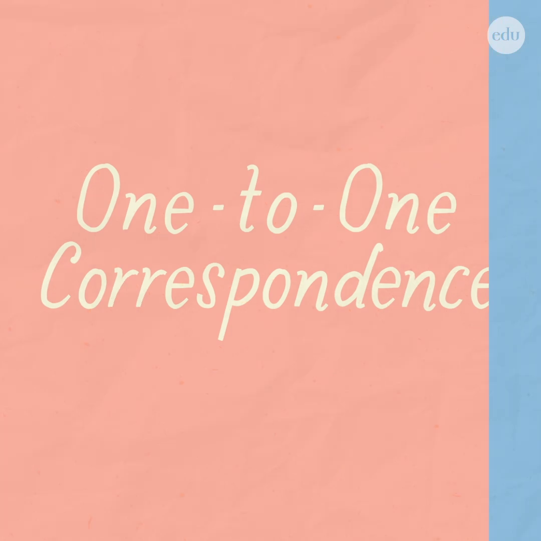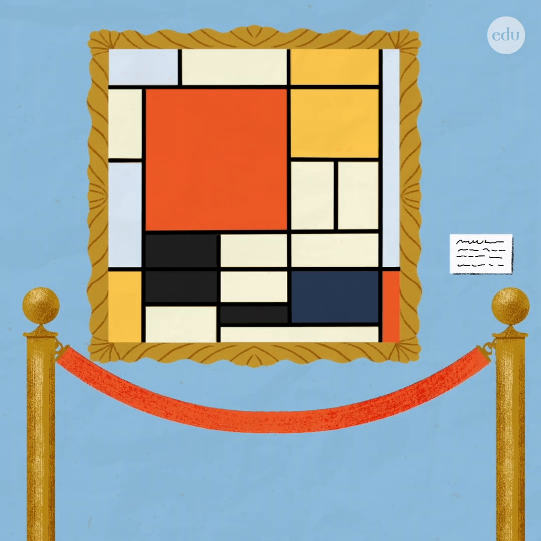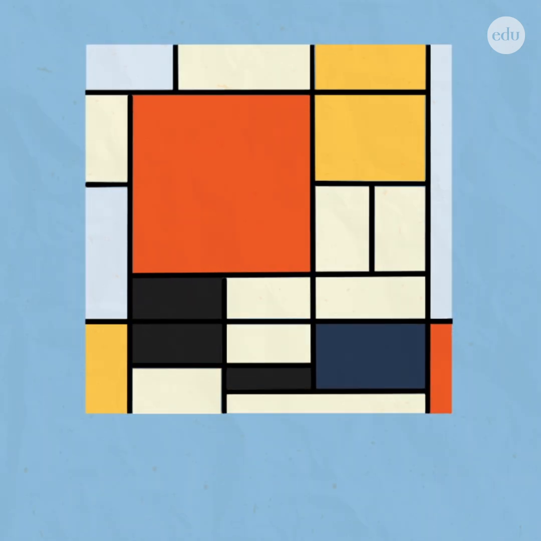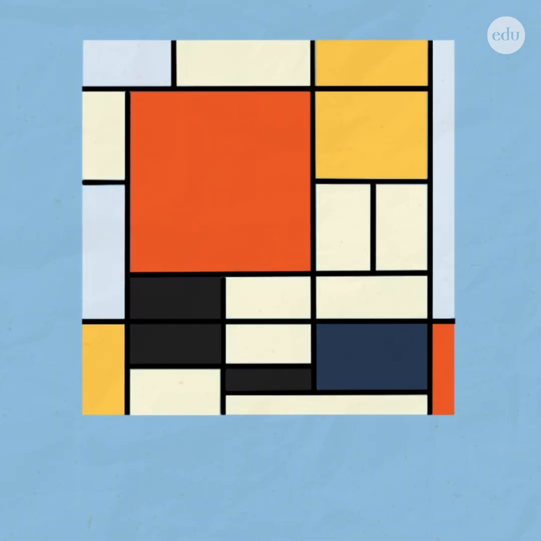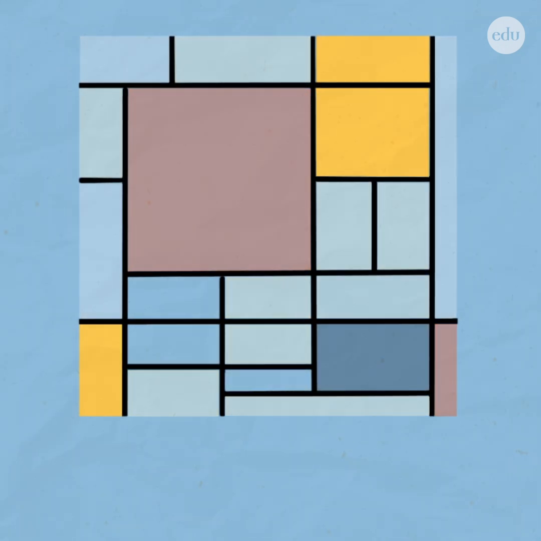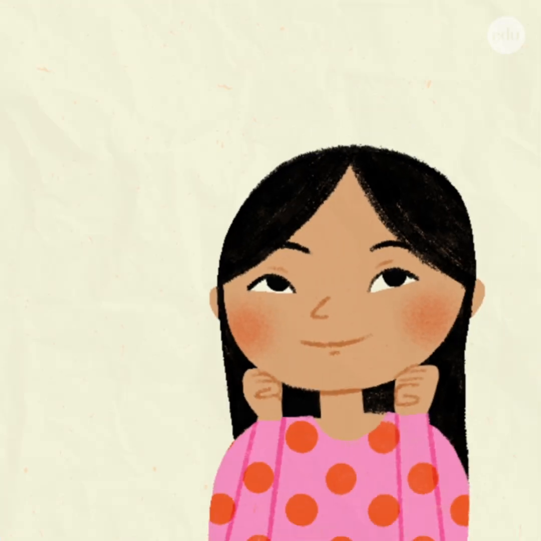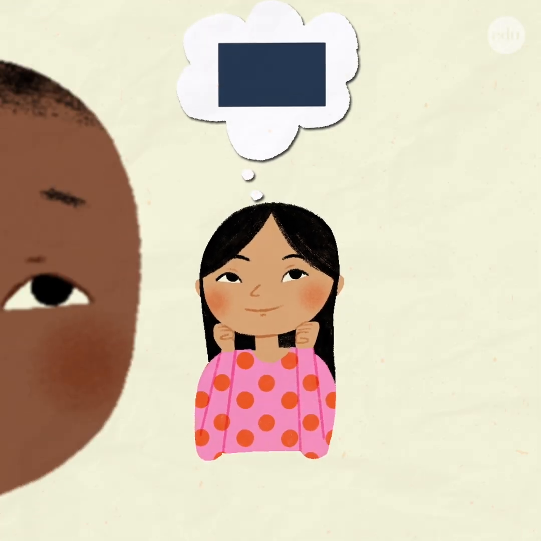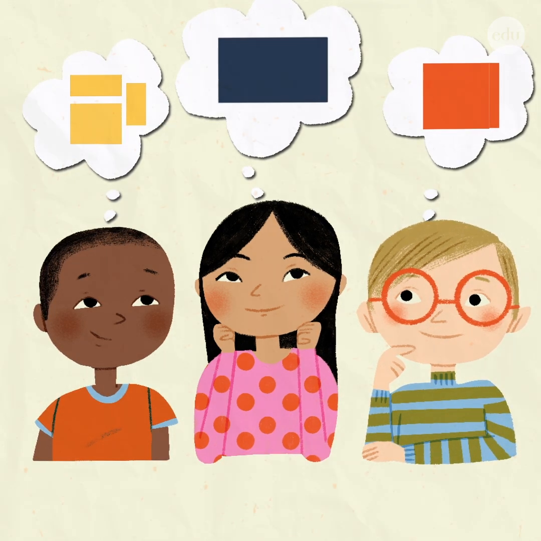The last strategy that I teach using art is one-to-one correspondence, and I do so specifically with pieces by Piet Mondrian. So students would look at this piece and say, I see 1, 2 red shapes. And as students become more comfortable with being able to count and keep track of one color shape, or a square versus a rectangle, I could say, count how many blue and yellow shapes you see.